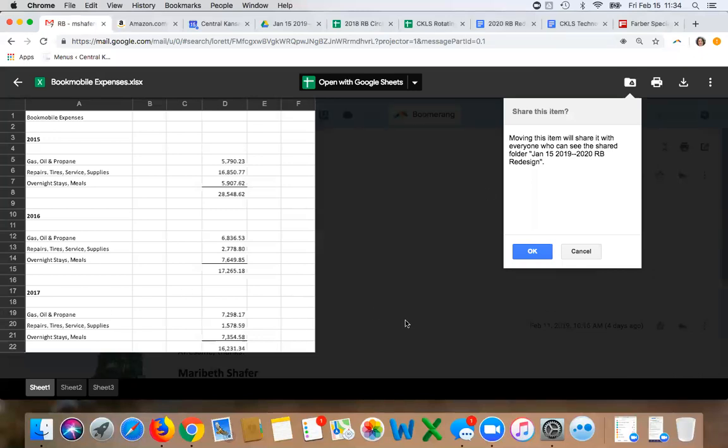Okay, so we do have a couple. We have Steve saying what the mill levy has been in the last few years, and so I'll let you guys read that one. And then